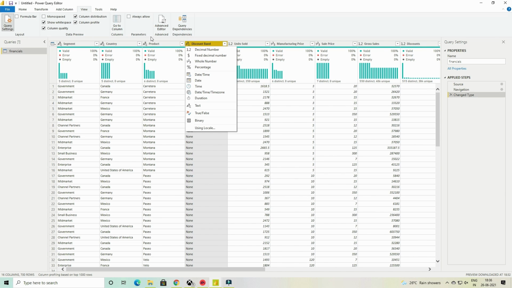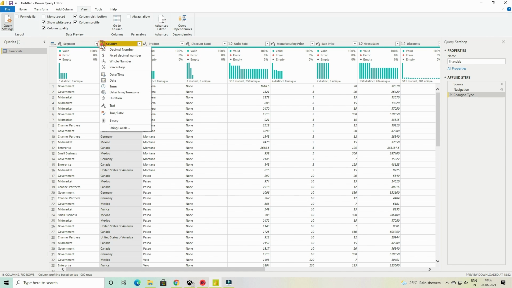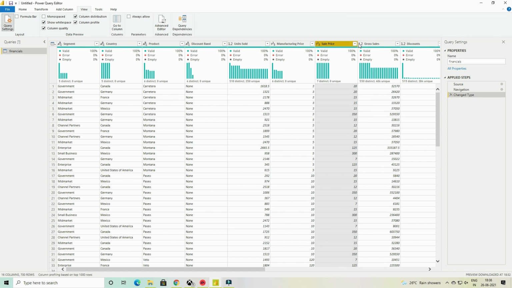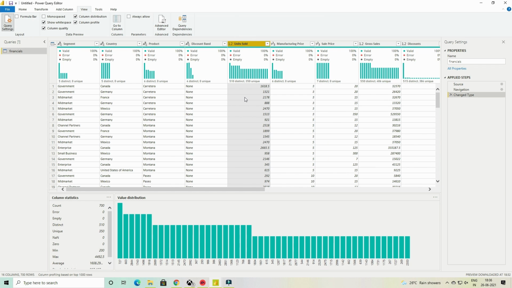Now when you upload or import your data into Power BI, it will automatically assign data types to your columns or variables. You should always review it. It's very important because most of the time you will need to update it. To update it, you need to click in the left hand corner of your column where you have this ABC or 123 written. When you click on it, it will present a drop down like this where you can see all the available options.